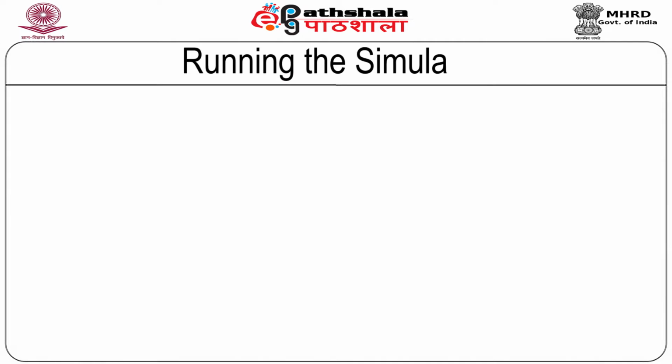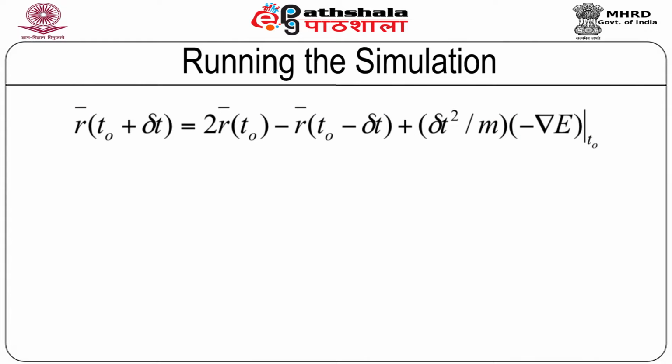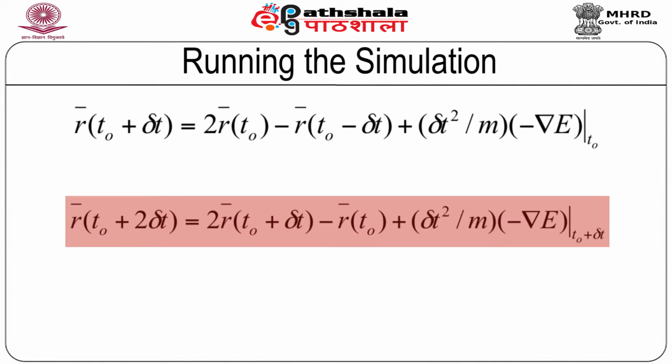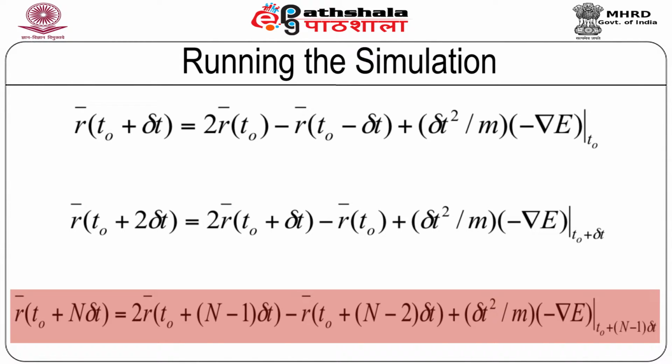So when running the simulation, we can predict the position r(t0 plus delta t) as 2r(t0) minus r(t0 minus delta t) plus delta t square by m times minus grad E. Then in the next step, we can predict the position r(t0 plus 2 delta t) equal to 2 times r(t0 plus delta t) minus r(t0) plus delta t square by m times minus grad E at t0 plus delta t. Similarly, we can continue, and then we can predict r at t0 plus n delta t, where n is sufficiently large,